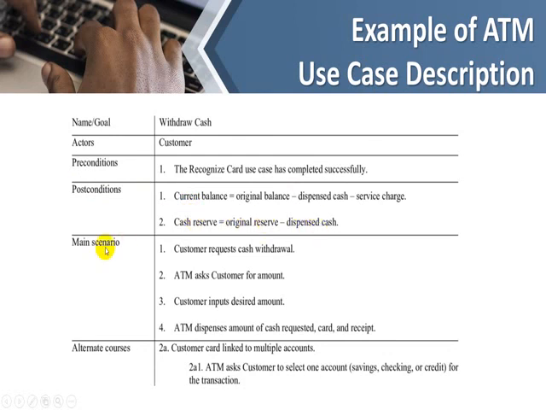The main scenario or main flow would be: the customer requests cash withdrawal, and the ATM asks the customer for the amount. Keep in mind, he has been recognized and his PIN has been accepted in the precondition. So it asks for the amount. The customer inputs the desired amount. The ATM dispenses the amount of cash requested, and then it dispenses the card and the receipt, right? Normally, it is